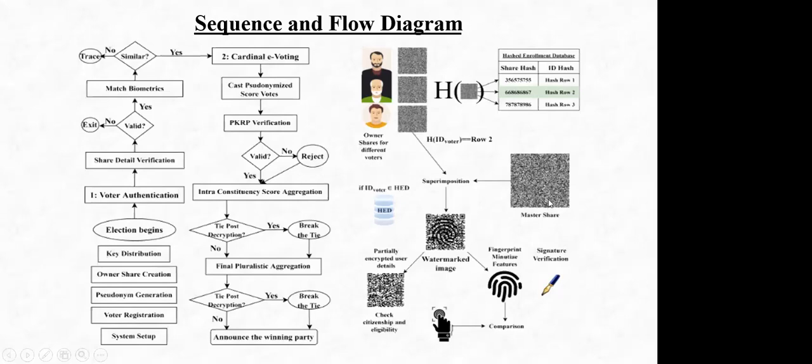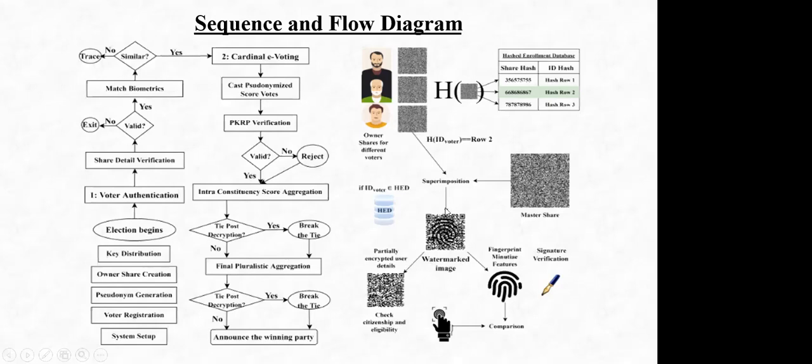So the master share is there, which is same for all of the constituencies. So irrespective of your location, you can actually cast your vote. And a blockchain is being created at the backend. I actually will show all of these features through an animation in the later part. So when the master share and the owner share are superimposed over one another, it basically creates a watermarked image in which that particular voter's fingerprint image and the handwritten signature were initially watermarked before the start of the